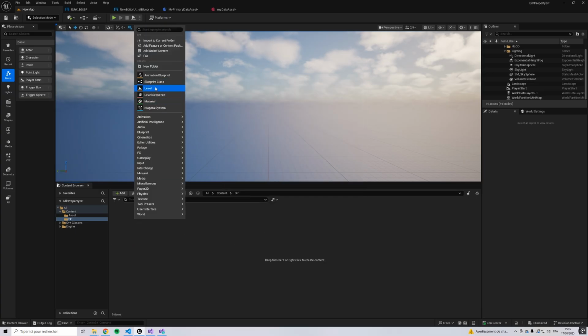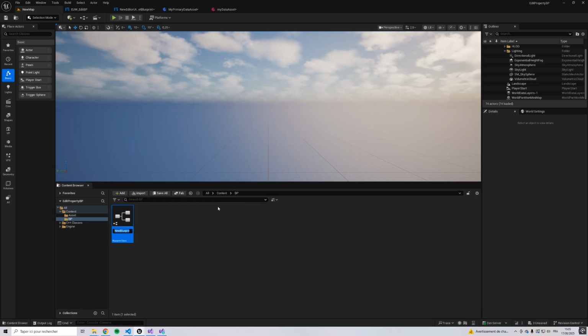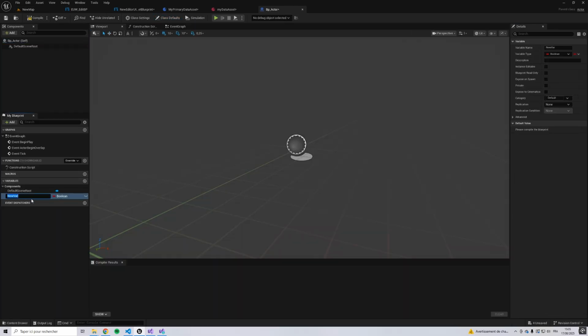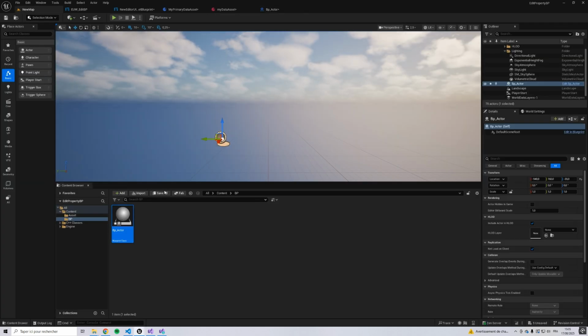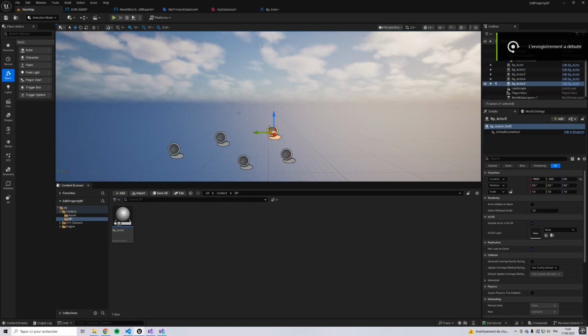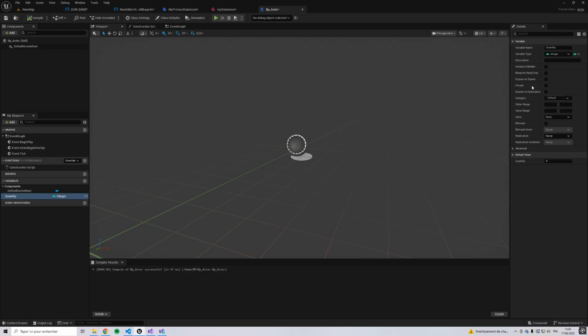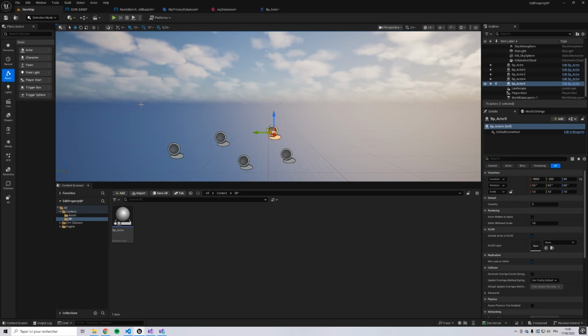Just right click, blueprint class, actor, BP actor, and inside I will create a variable which is quantity. This will be an integer. So let's say I have a lot of this item in the world. Instead of clicking on them one by one to change the property, which I have not made instance editable and expose on spawn, just in case,